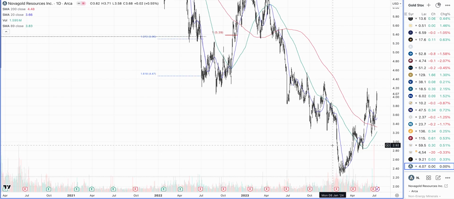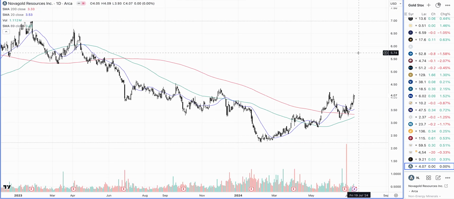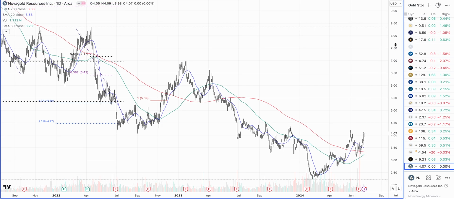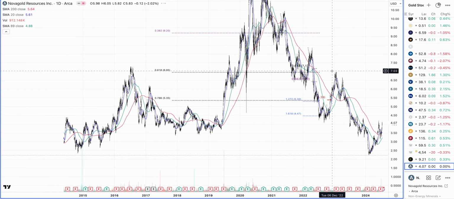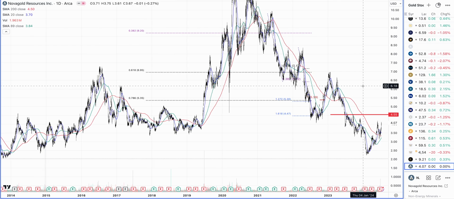Now this is Nevada Gold. Here we go. I think this one has momentum behind it now, above the 20-day moving average, which is above the 200-day moving average. So things are looking much better from a momentum perspective for this one. And look, it's just gone down and formed a double bottom formation here. If it's able to get above this swing here, I think that's going to be pretty positive for this stock. So keep an eye on this one.